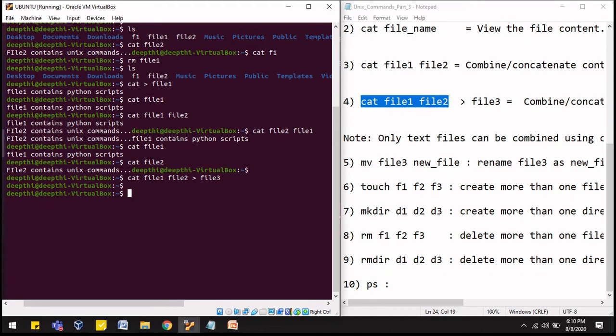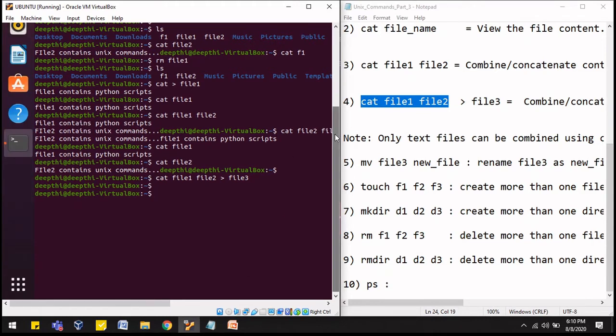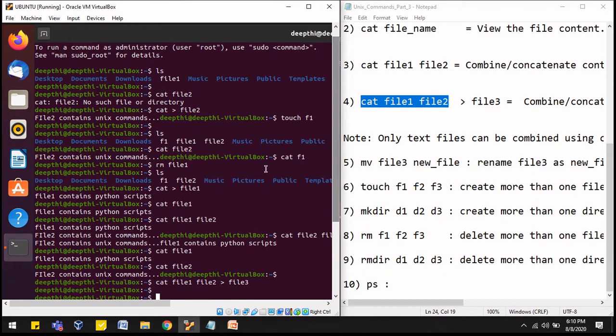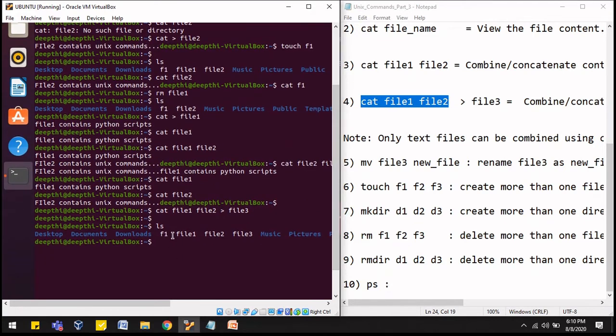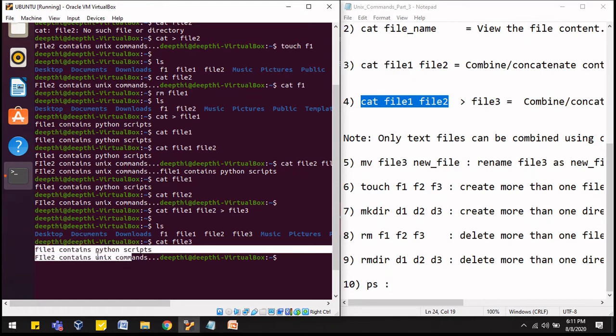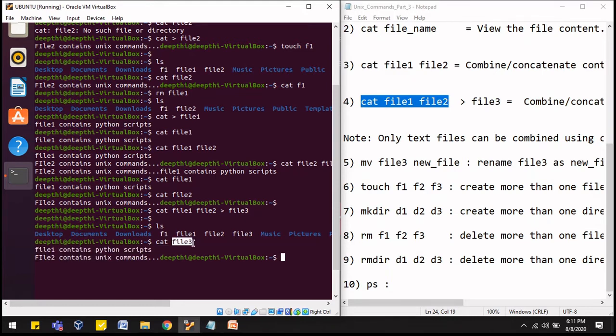First of all, we will see how many files are available with us now. Earlier we had seen the number of files that we created. So now let's say I write ls. You can see that file 1, file 2 was already there, and file 3 is created just now with the help of this command, and f1 was also there, right? Now I will read the content of this file 3, because I want to know that if I am merging the content of file 1 and file 2 and I am using this command, whether this content has been copied into file 3 or not. Let's see that. So yeah, the content of file 1 and file 2 is now available in file 3.